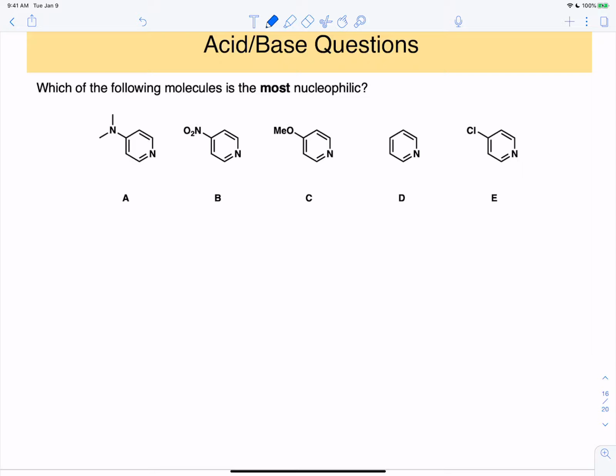This next series of questions asks which of the following molecules is the most nucleophilic. In each of these cases, we have a pyridine nitrogen. This ends up being our nucleophilic nitrogen in each instance. To determine nucleophilicity, we want to imagine what happens if it reacted with an electrophile. The case where we've seen pyridine acting as a nucleophile most recently was, for instance, when it was attacking